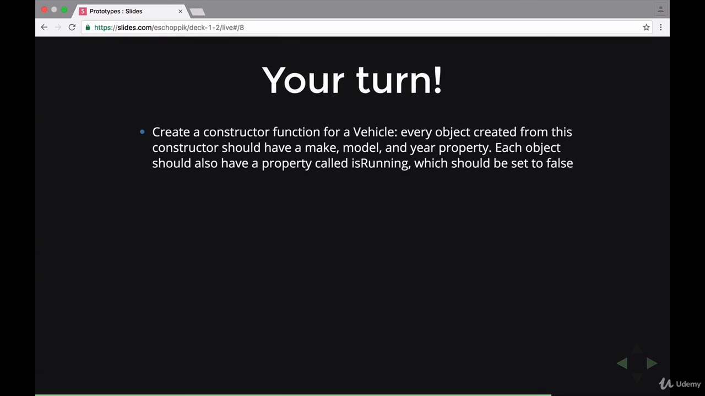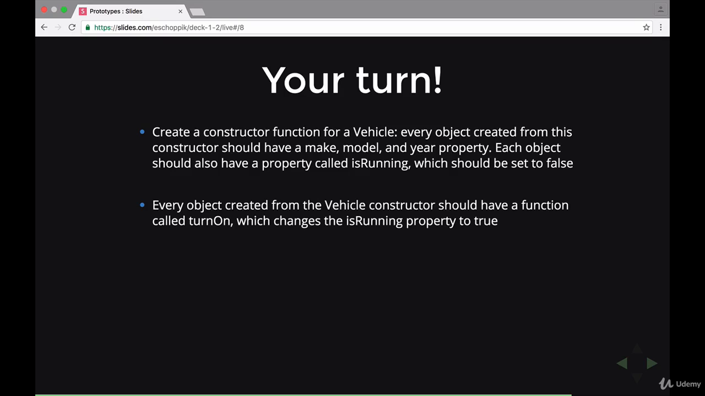Now it's your turn. Create a constructor function for a vehicle. Every object created from this constructor function should have a make, model, and year property. Each object should also have a property called isRunning, which should be equal to false. Every object created from the vehicle constructor should have a function called turnOn, which changes the isRunning property for that